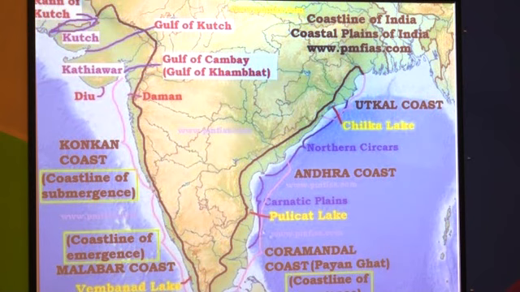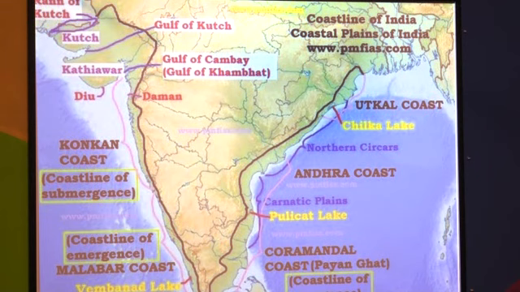Western plains are classified into Konkan coast, Kannada coast and Malabar coast. Konkan is a part of our India's coastal area. Sindhudurg, Ratnagiri, Raigad, these are the cities or regions located in the Konkan area. When we come to the south of Konkan, the Kannada plain or Kannada coastal area is there. It's a part of Karnataka and some part of Goa. And when we come to the southern side, the totally coastal area of Kerala is known as the Malabar coast.